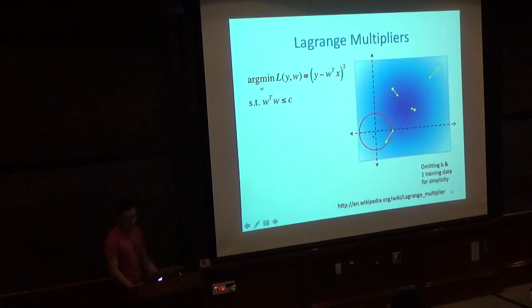So let's start with a W that lives inside our model class. This is the direction of the negative gradient that we would use to do gradient descent. If we are on the boundary of the model class, we're not allowed to go outside the boundary, and yet a gradient step would take us outside of the boundary. What you would do in this case is project this gradient update back onto the boundary. So this is the actual update I would do.